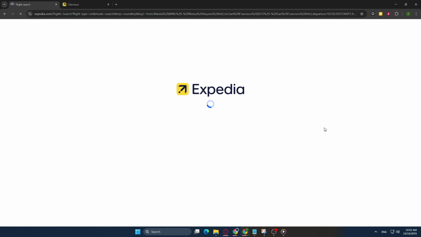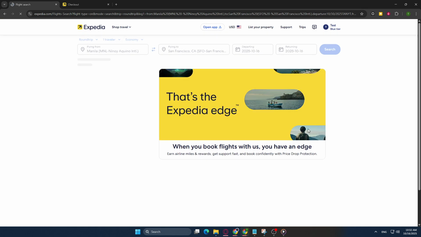Now, let's say you have a flight credit that you'd like to use. The beauty of booking through Expedia is that it makes applying these credits as easy as possible. Once you've selected your desired flight, proceed to the checkout page. This part is crucial because it's where you can clearly see your flight credit balance displayed. Expedia will typically provide prompts or options to apply your available credits directly to your booking, reducing the overall cost